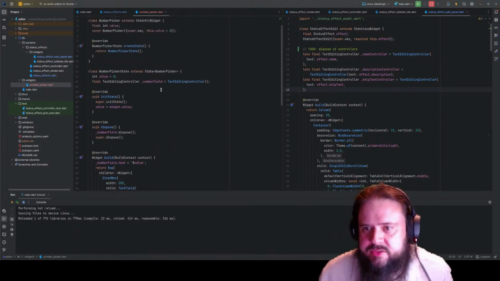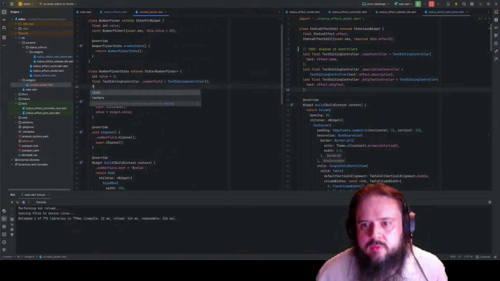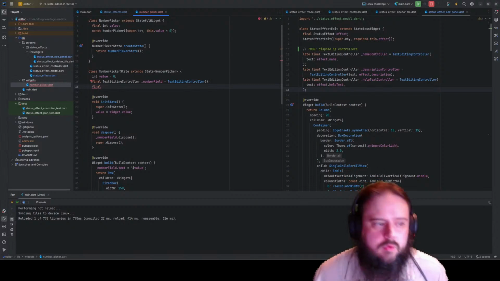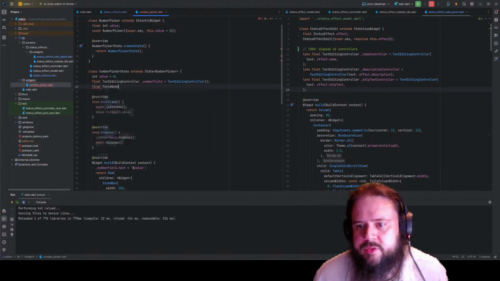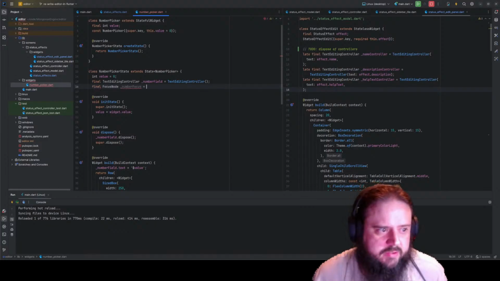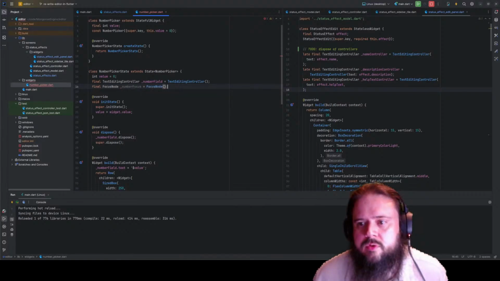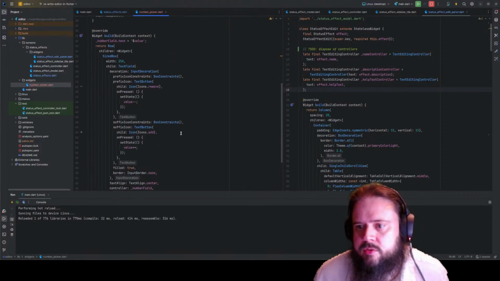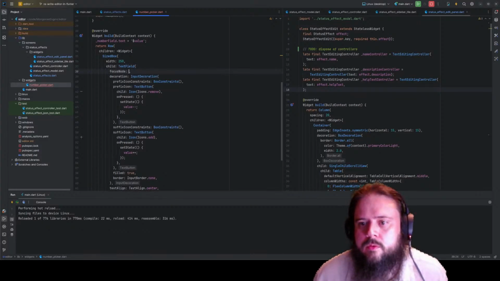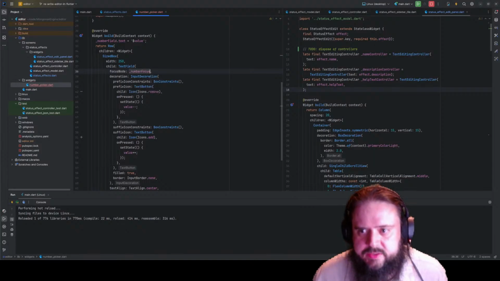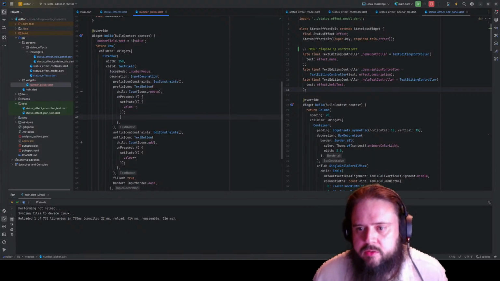Ah, okay, so we need a focus node, number focus. You're a focus node. And then in here, we do that. And then here,